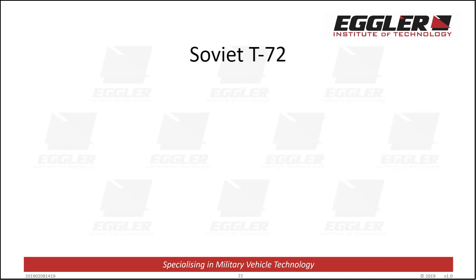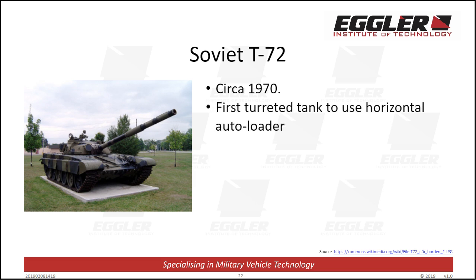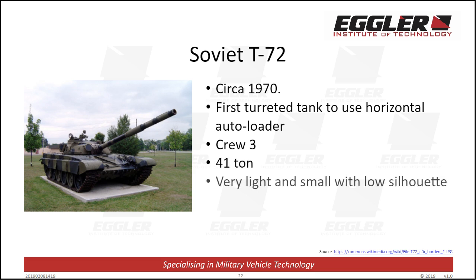The T-72 first came into production in 1970, and over the last 50 years about 20,000 tanks have been manufactured. This tank is the first to use a horizontal ammunition autoloader, which is installed in the base of the turret. This design feature allowed the Russians to reduce the crew of the T-72 from 4 to 3. This main battle tank is also light, weighing in at 41 tons, and has a low silhouette compared to its peers in the West. The low silhouette and resulting low tank height means that the crew all need to be quite short in height. The maximum height of a T-72 tank crew member is 5 feet 1 inch, or 1.57